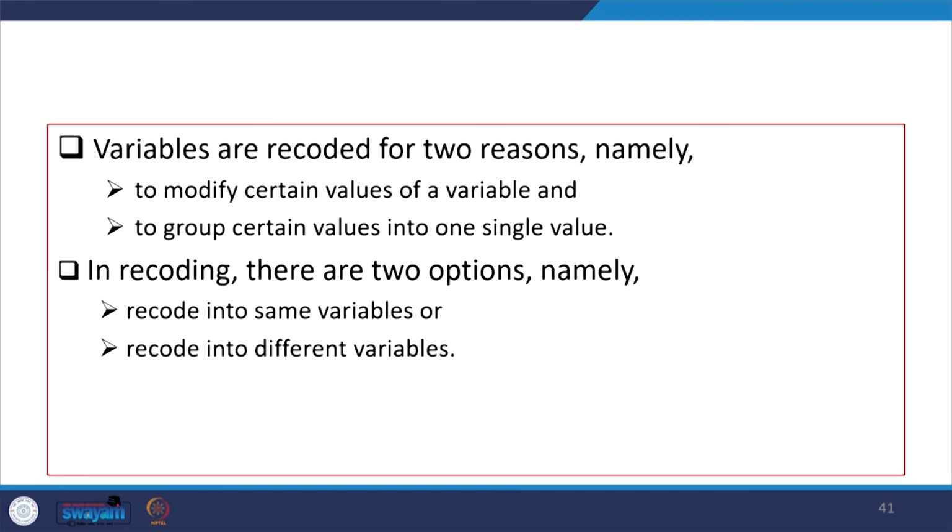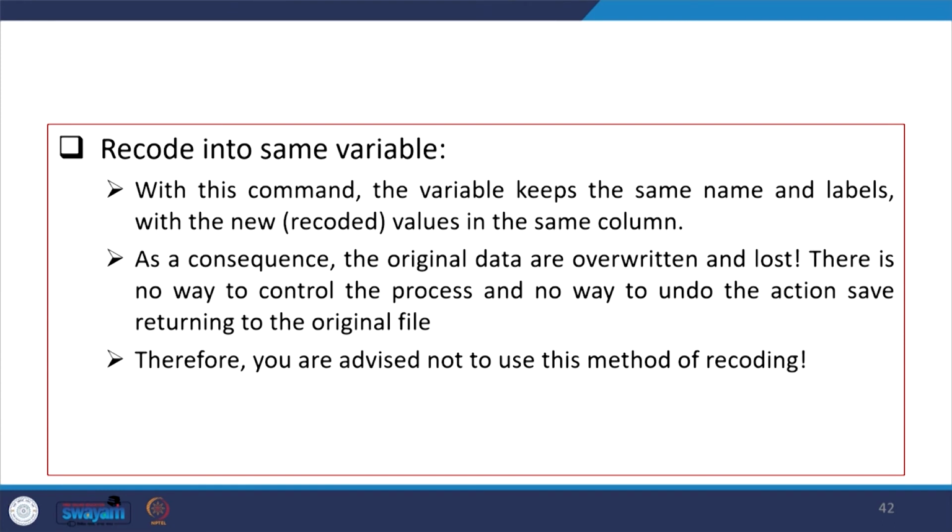Variables are recoded either to modify certain values of a variable, or to group certain values into one single value. In recoding there are two options: recoding into same variable or recoding into different variable. Both are possible. If it is recoding into same variable, then with this command the variable keeps the same name and labels, with the new values in the same column.